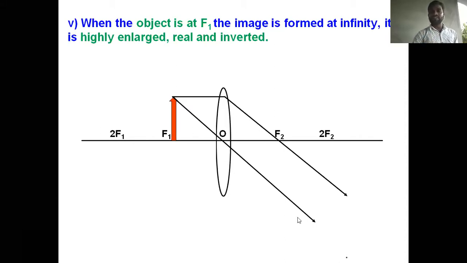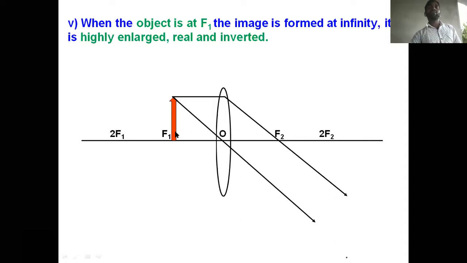Now, if you observe in the diagram, these two are not meeting in this diagram. So after traveling a large distance, they are meeting at one point. A long distance we may call infinity. So the image is formed at infinity, and it is inverted, below the principal axis, and real also. So the nature of the image formed at infinity is real and inverted. That is the nature of the image when you place the object at f1.